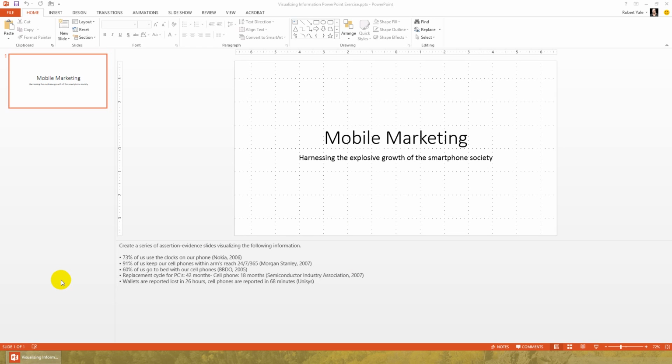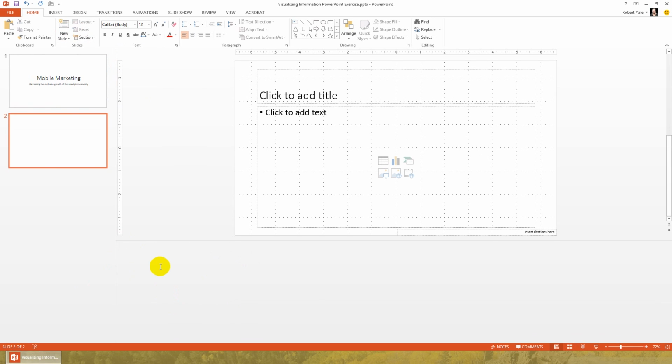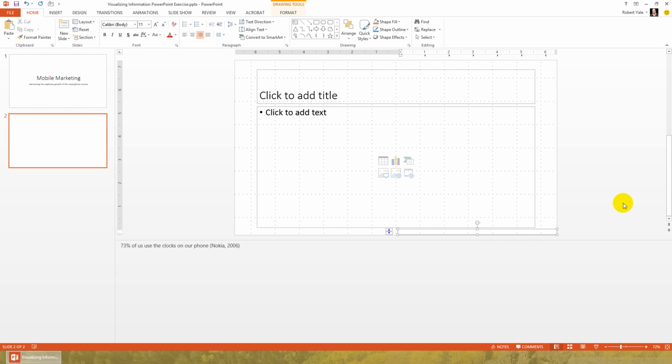It's asking us to create a series of assertion evidence slides that visualize the following information. First one, 73% of us use the clocks on our phone. I'm just going to grab that piece of information, copy it, and we're going to add a new slide. This will be a title and content slide, and I'm going to paste that into my notes. Since I have a citation, this information comes from a source, I'm going to put that citation right in the